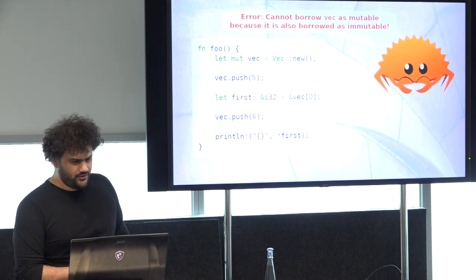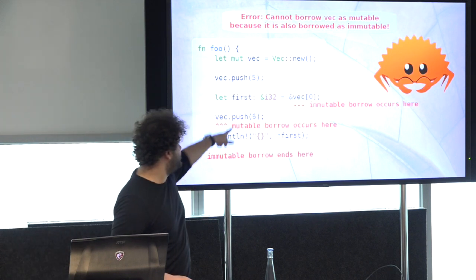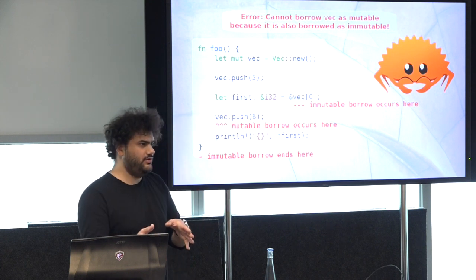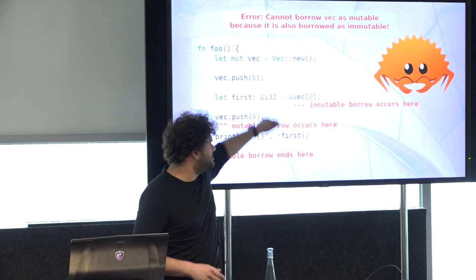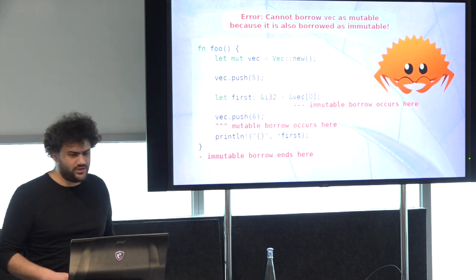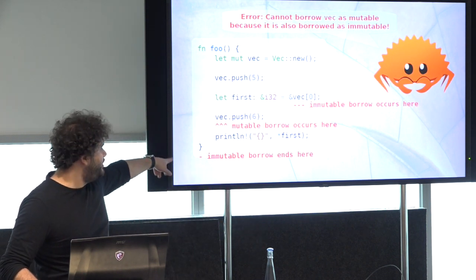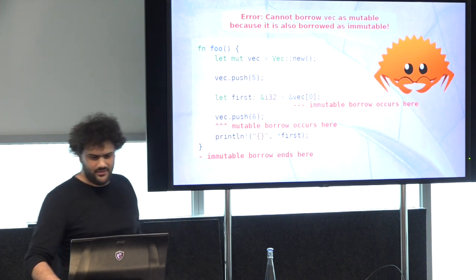And if we try to compile it, it will tell us that, hey, you can't change the vector, which would cause the array to be freed and moved, because it's borrowed here, so you can't change it while it's borrowed. And it even tells you where the scope ends, meaning that after this you can change it. In this case it's a function, so it doesn't apply, but